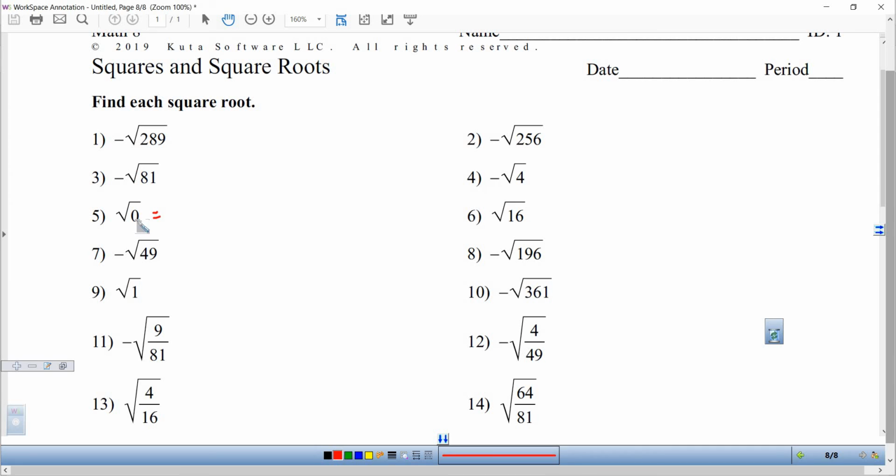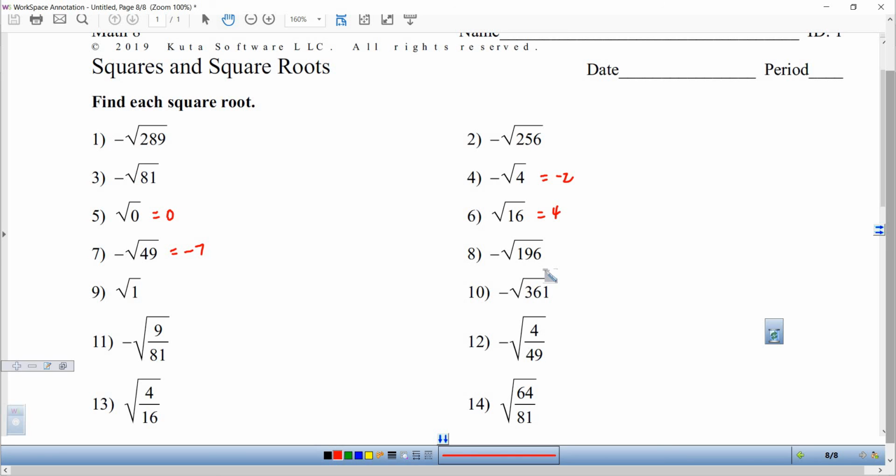How about this one? The square root of 0. What times itself is 0? That is 0. What about the square root of 16? That is 4. What about the negative square root of 4? Well, that's going to be negative 2. What about the negative square root of 49? That's going to be negative 7. You see how that works? All right,